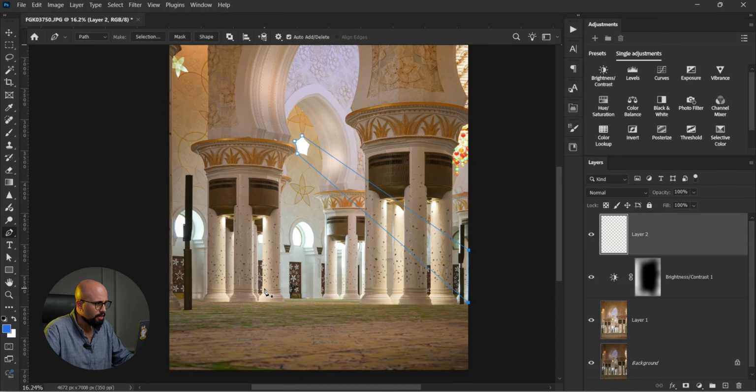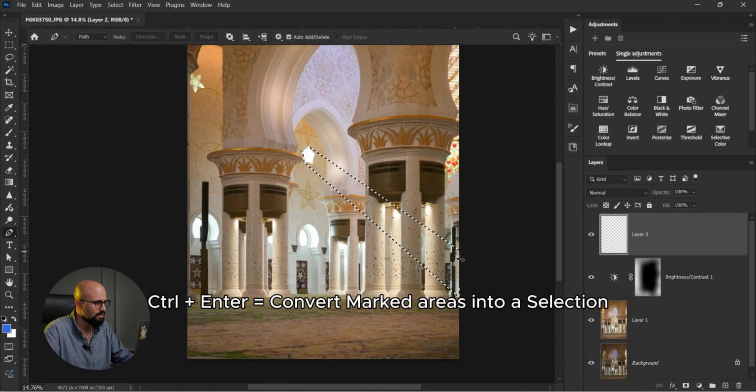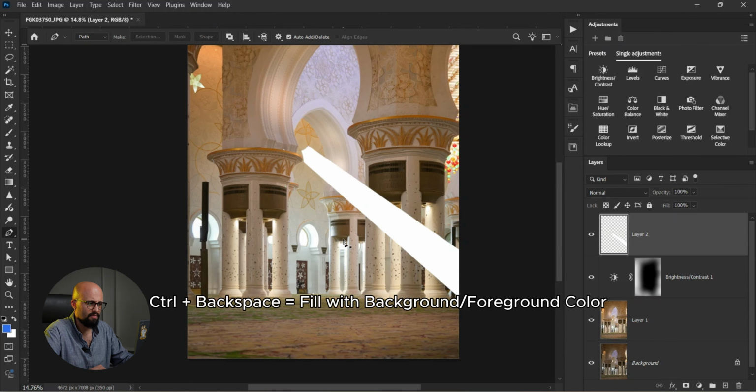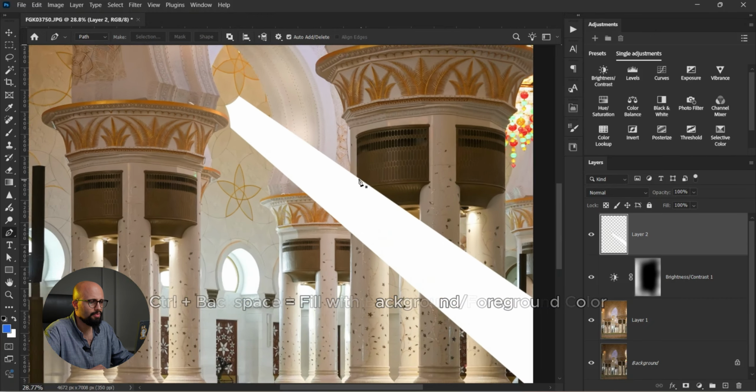The next step will be to add the light. How to change our marked areas with the pen tool to a selection? You should press Ctrl and Enter. After this, we're going to add the color white. Okay, now we have this one. The next step will be to